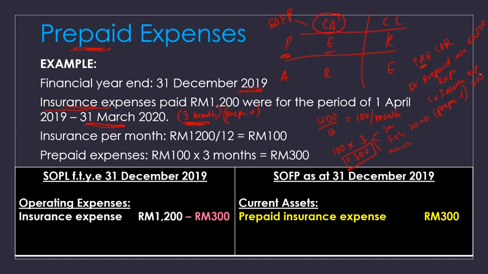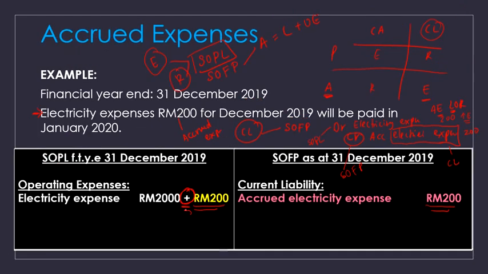So sekarang kita nak buat adjustment. Adjustment apa yang sepatutnya kita buat dalam statement of profit and loss? Okay, ni tahu ni current asset. So dalam statement of financial position, ni insurance expense. Insurance expense ialah you punya expenses. Bila expenses you credit, maksudnya expenses you berkurang. Bila expenses you berkurang, you sepatutnya tolak di dalam statement of profit and loss. So adjustment yang you patut buat dekat statement of profit and loss, you kena tolak.